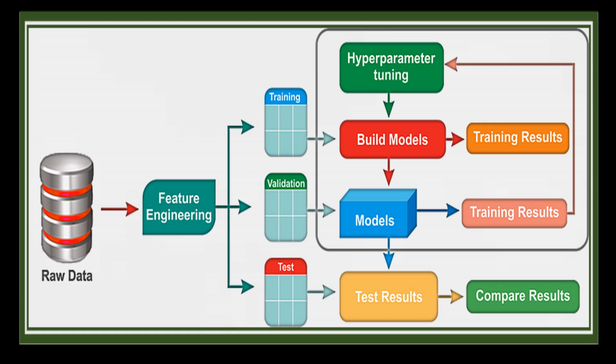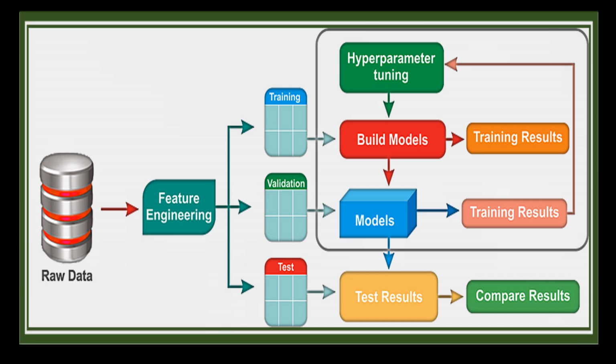Basically, hyperparameter tuning is a process in machine learning where you find the best set of hyperparameters for a given model. Hyperparameters are adjustable values that control the behavior of an algorithm, such as the number of estimators in a random forest model or the learning rate in a neural network. And think of it as adjusting the knobs and dials of a camera to take the best picture. So hyperparameter tuning is like adjusting the parameters of a machine learning algorithm to achieve the best performance on your